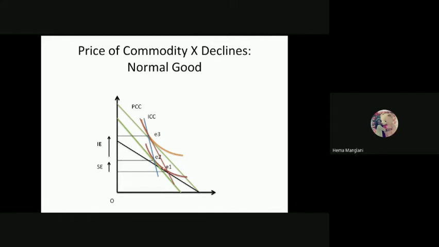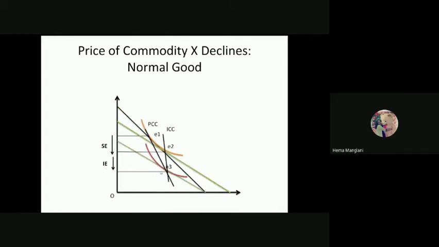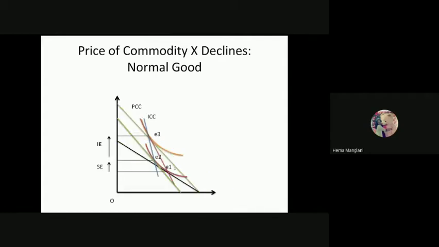And the consumer would like to remain somewhere here on this indifference curve. So his initial consumption point is this, that is E1 here. Is that clear? That is the initial budget line, and the consumer will opt for this position for his initial consumption. I'll tell you why. The reason is that you are assuming commodity Y as a normal good. So commodity Y's price is declining, so initially you need to consume more of X. If you take this, then you will consume more of X and less of this. That's why the consumer would opt for this E1.